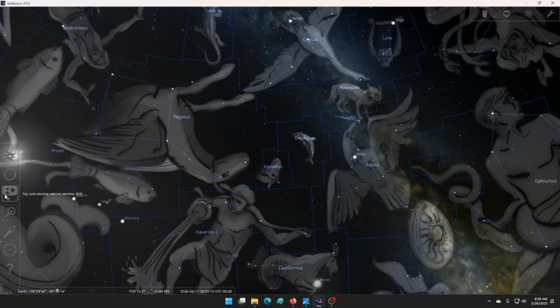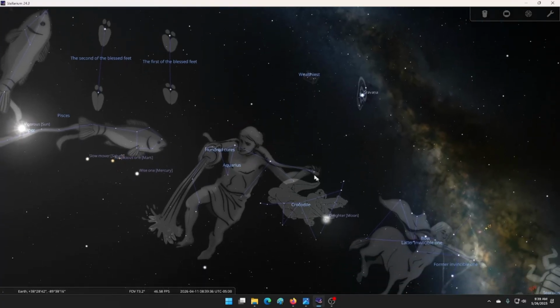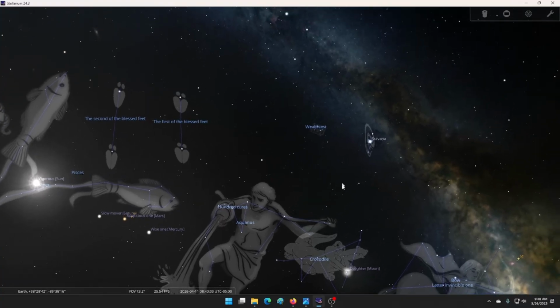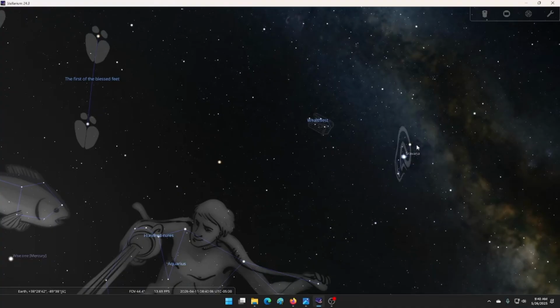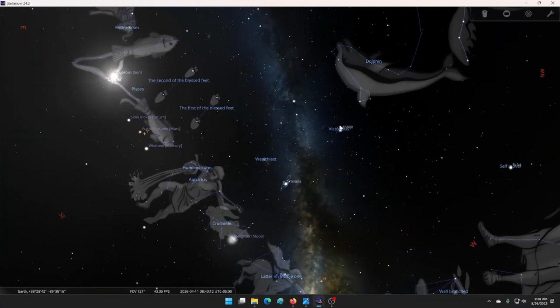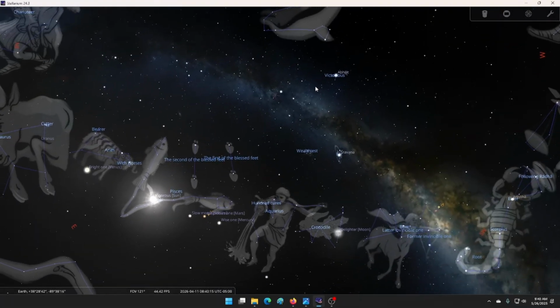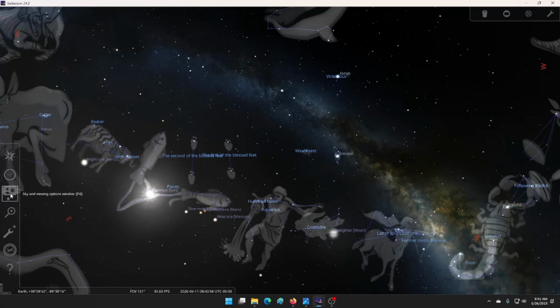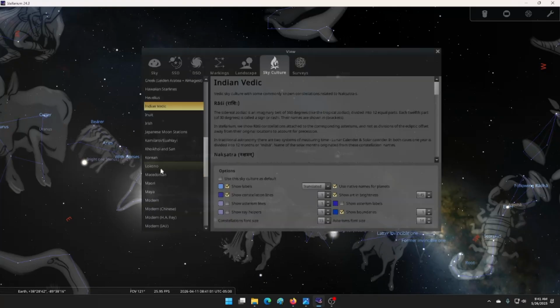So in the Vedic, Capricorn is a crocodile, but above Capricorn is Shravana, the big ear. And up here is Abhijit. Ooh, sorry. One thing about my Stellarium on my computer is that I can't really control it. But above Shravana is Abhijit, and then over here it says wealthiest. This is Dhanishta. And just to show you where these are in modern,